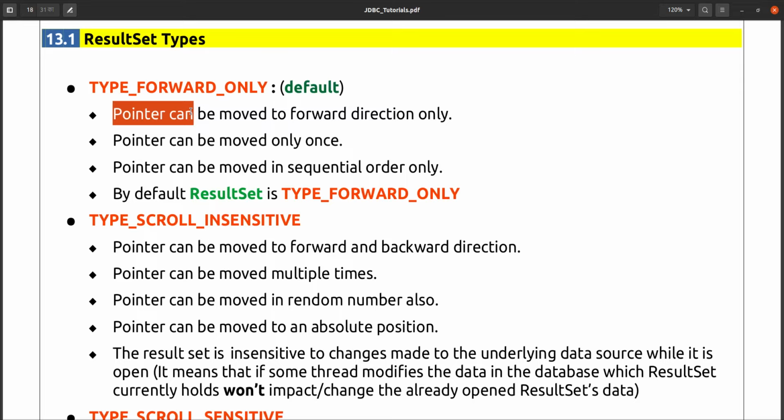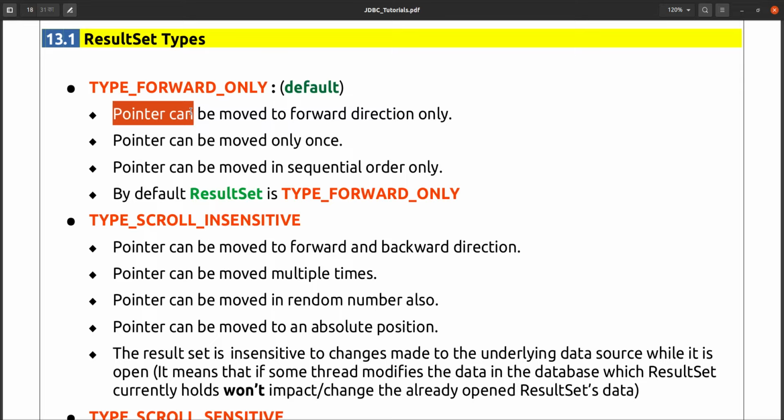If I say go to the next, then I will move the pointer one forward, or one backward, previous, next, something like that. Forward means next. I will move the pointer to the next position by 1, or I can move the pointer one previous to the record. So it depends on the operation.